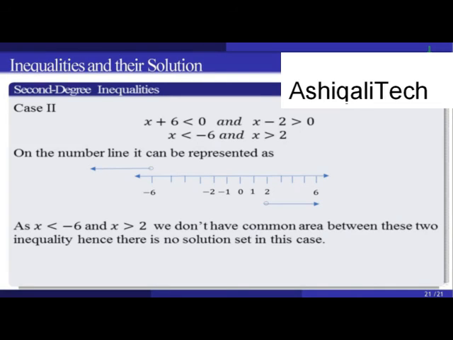So we can see from these two arrows there is nothing common. So when x is less than minus 6 and x is greater than 2, we don't have any area common between these two inequalities, and hence there is no solution set in this case. Dear students, so we have the solution set only in the first case, and that is represented in the form of open